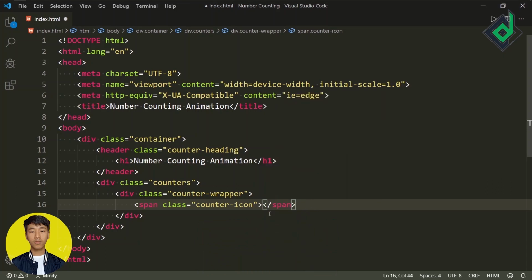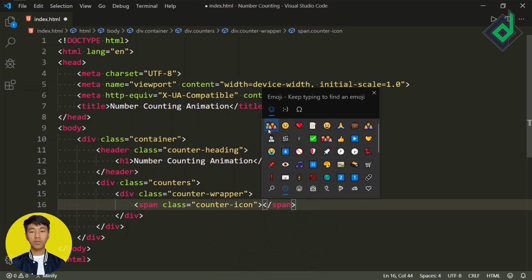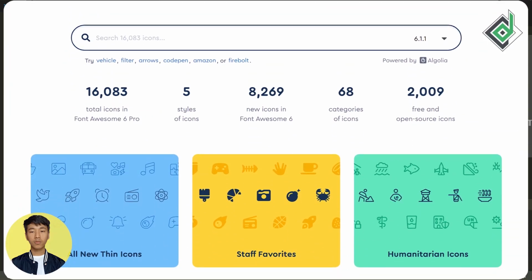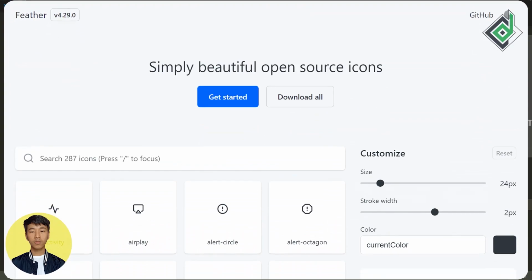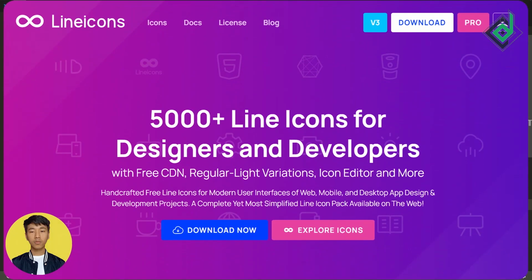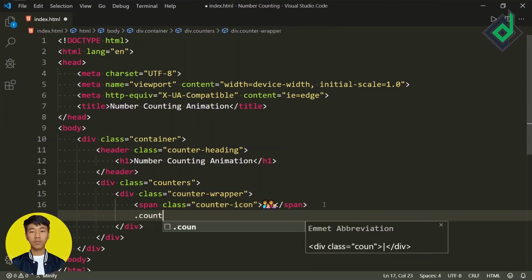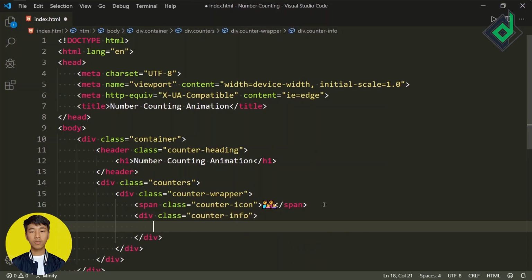If you want to use something unique or some beautiful icons, then you can use different third-party libraries, something like Font Awesome, Material Icon, Bootstrap Icon. There are so many third-party libraries with the help of which you can give some unique icons, but I'm not going to do that. Now next to that span tag, let's create another div with class name counter info,